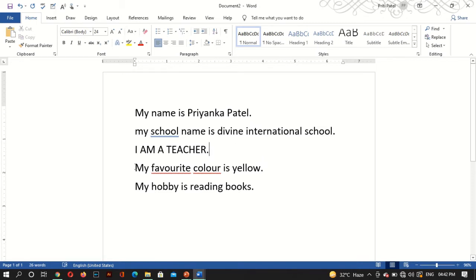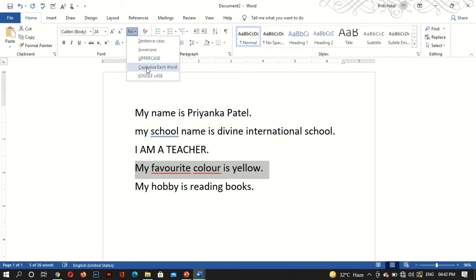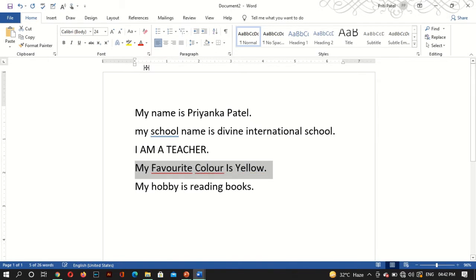Then fourth one is capitalize each word. See, in capitalize each word, the first letter of each word is displayed as upper case. First letter है जो वो capital letter होगा, okay? See, all the first letters are in capital and the rest are in small letters.